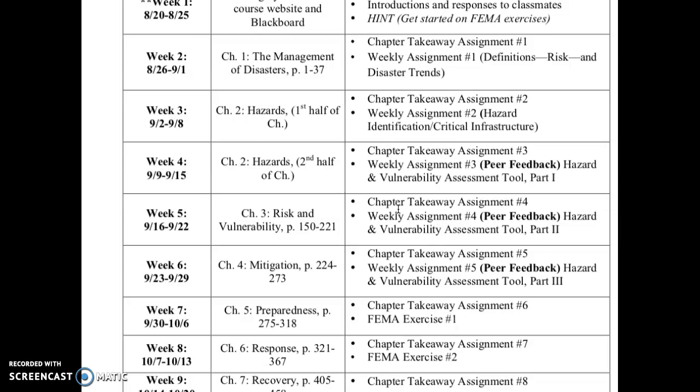So don't think just because you're getting two out of three on one chapter takeaway that all is lost. I will say that if you're not earning full credit on the chapter takeaways by now, then something is off. And that's a reflection of either not putting enough time in, waiting until the last minute, or not doing the bare bones in terms of what's put forth in the rubric.